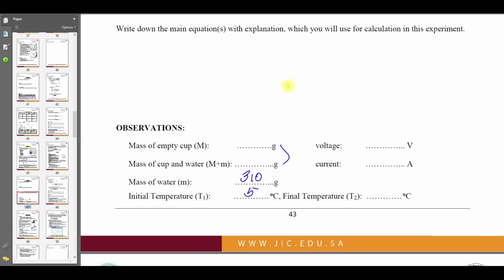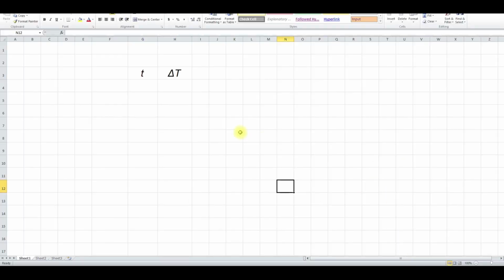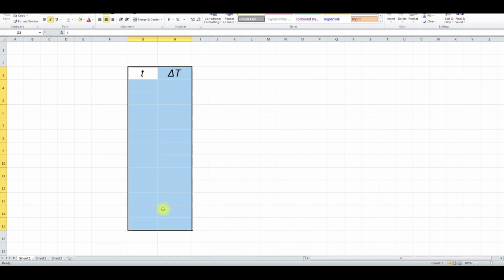Is it 6.7 or 67? Let's check it out again. 67 volts, okay, so 67 volts and approximately 3.75 amperes. Now what you will do next is you should prepare beforehand a note to measure the change in temperature,